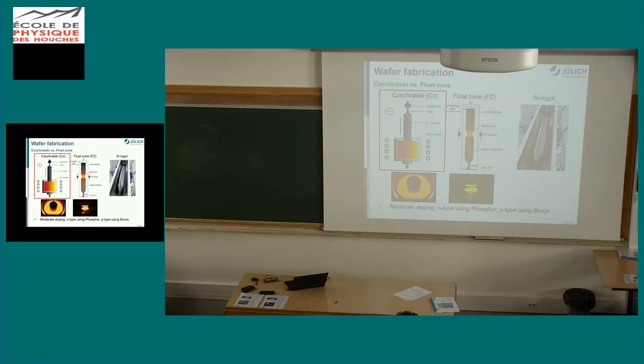The big difference between the two methods is that here you are using a crucible, so you put the silicon into something, and it's very hot. Of course, this is the melt, and you cannot avoid that atoms from your crucible go into your melt, especially reintroducing oxygen from the crucible. It took a lot of effort to remove the oxygen from the sand in the first place, but now some of the oxygen goes back, and also carbon from the crucible. So you have an amount of impurities in that material that you don't have in the float zone material